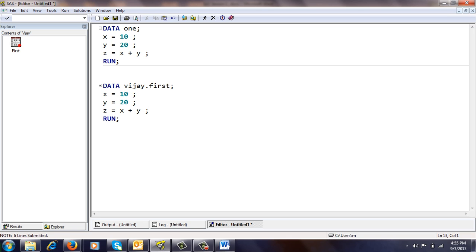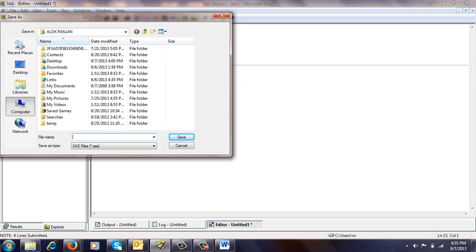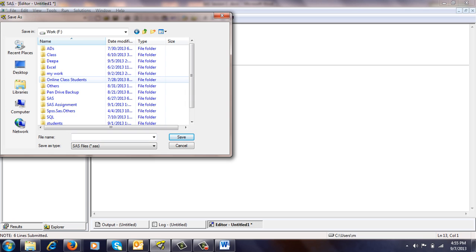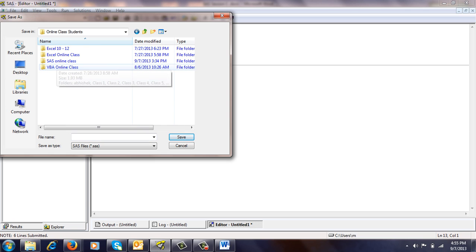I want to save these files. To save this, you can click on the floppy symbol on the top of this editor window, where you will get some buttons. In these buttons, the third button is a floppy symbol, which is used for saving your programs. Click on this. I save these files in your name folder, so we will have a record of all the codes that we are writing.